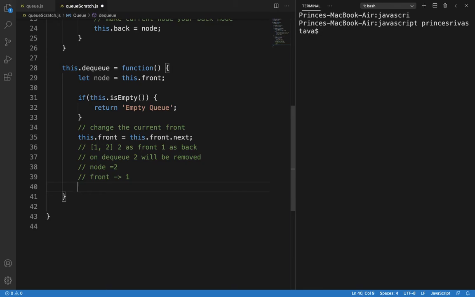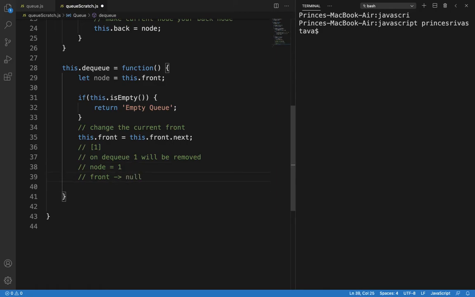Now let us see, suppose we have only one element and we are going to remove it. So the next of 1 is null, and now our current front will become null.